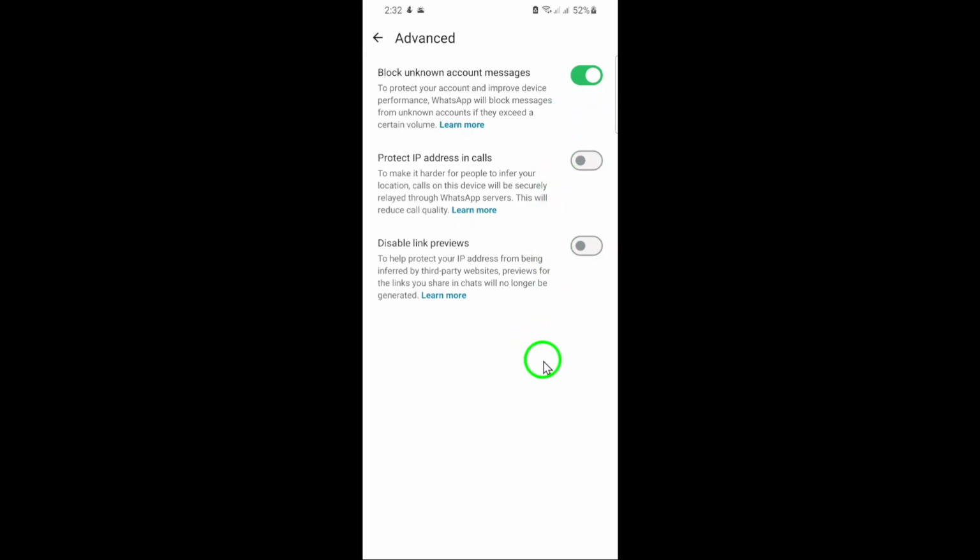By following these steps, you can take control of your WhatsApp experience and ensure that only people you know can